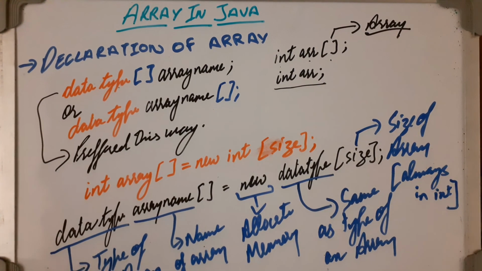If you write any other type, it will show an error. Okay guys, now you are getting what you have to do. Now you know how to create an array also. Now let us see